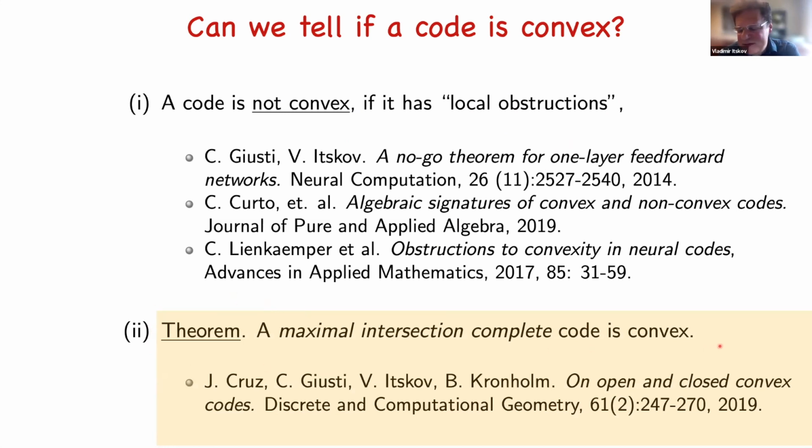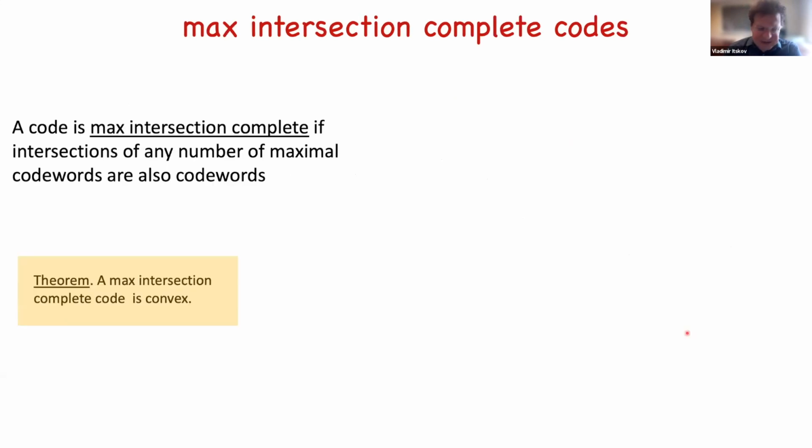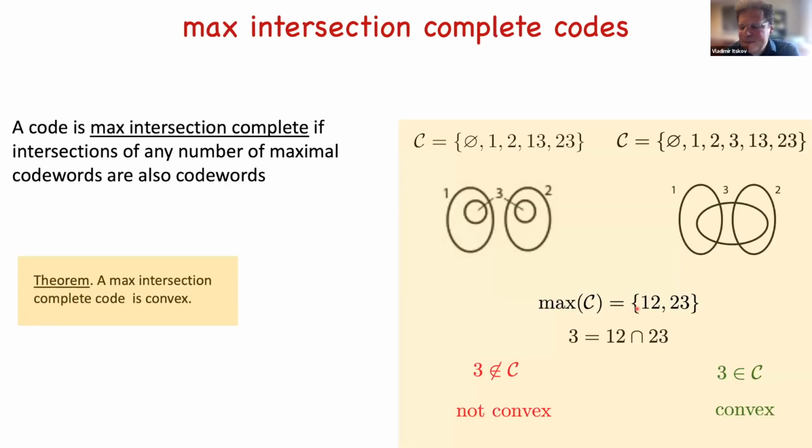And there is a theorem we proved a while ago that basically says that any maximal intersection complete code is convex. So maximal intersection complete code is something relatively simple. It means that if we take maximal patterns, here there are 2 maximal patterns in this example, for example 1, 3 and 2, 3, and take the intersection, the code is max intersection complete if the intersection always lies in the code,